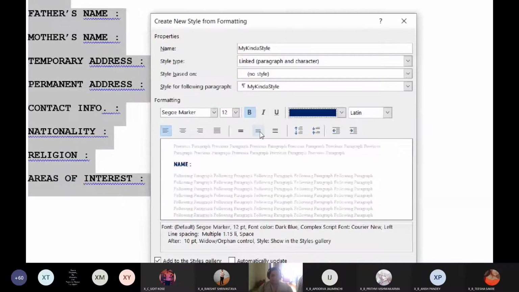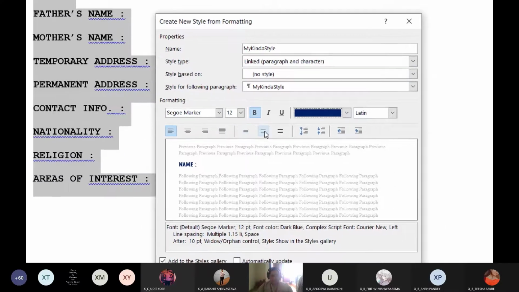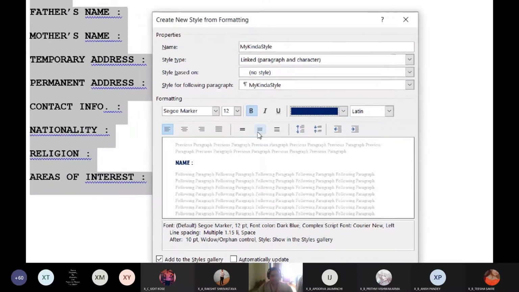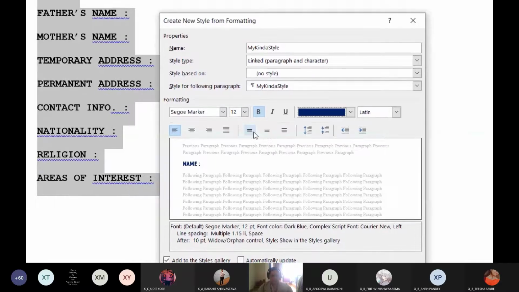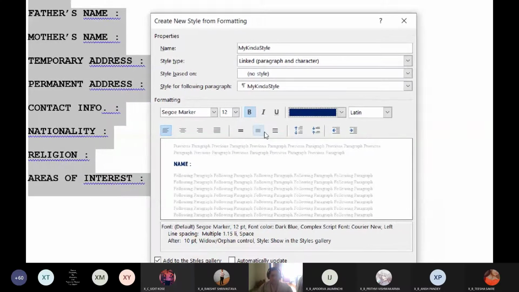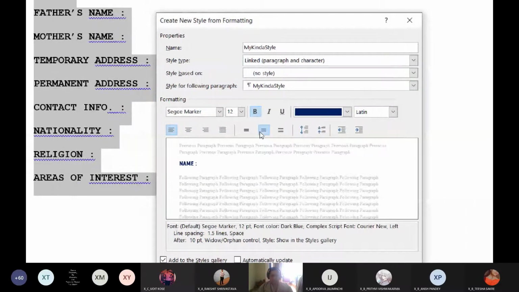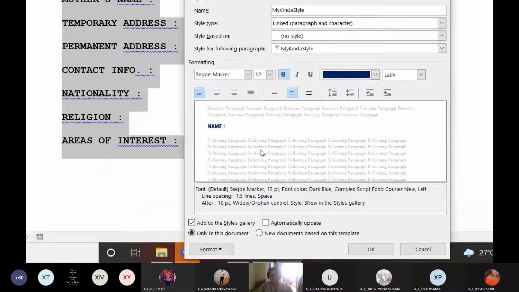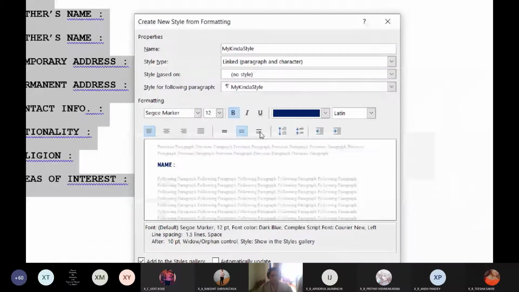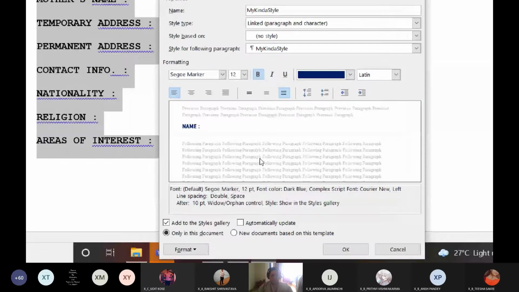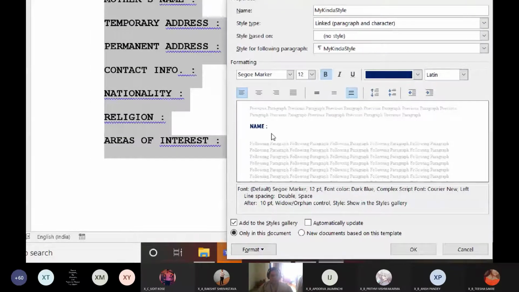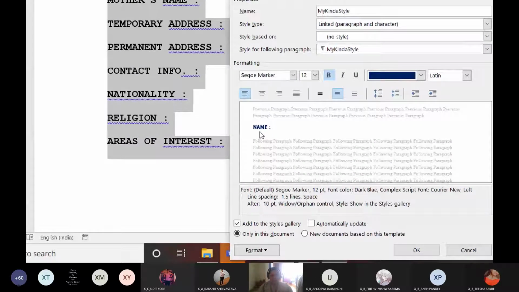And I'll be giving it some spacing between the lines. You can see line spacing over here. So this is single line spacing, a little more, a little more. I'm just going to give this, you can check out the preview over here. If you want more line spacing, you can even give more spacing. But I don't want that. I want minimum.